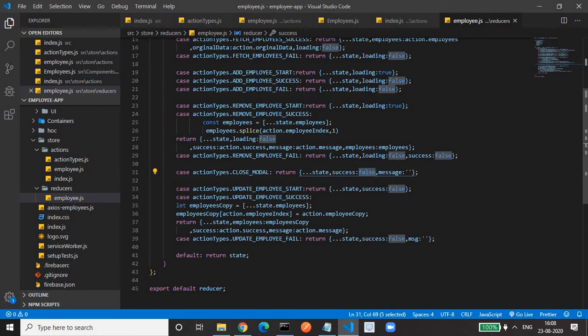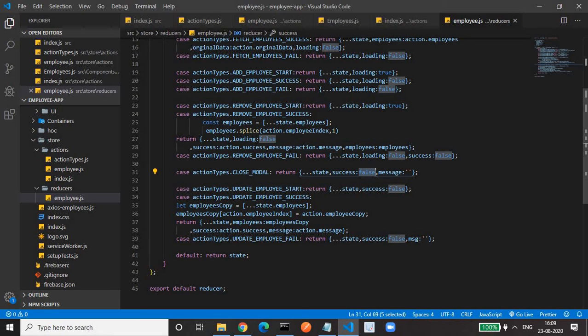Success false is to remove the model, because when our action gets successfully executed, like deleted successfully or updated successfully, we are showing the message in a dialog, and on click of the cross button or the OK button in the dialog,